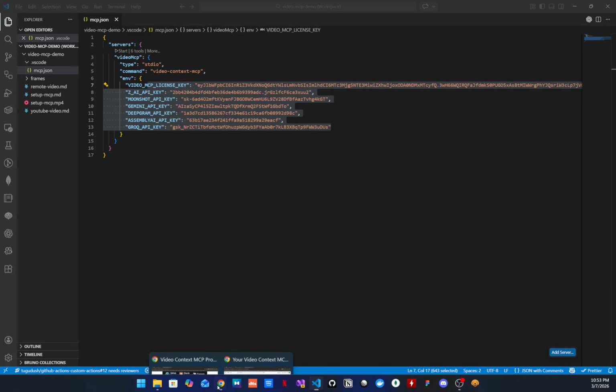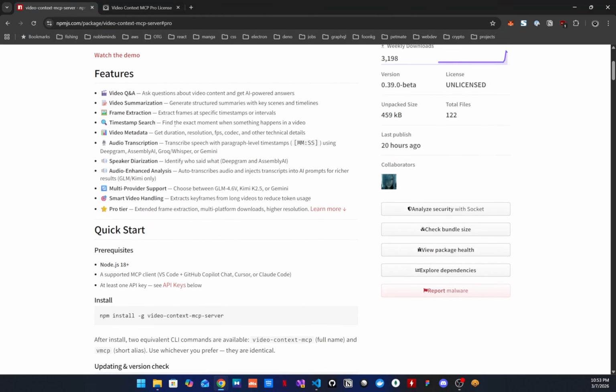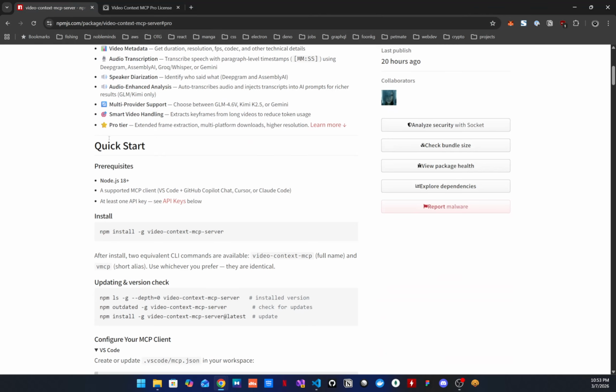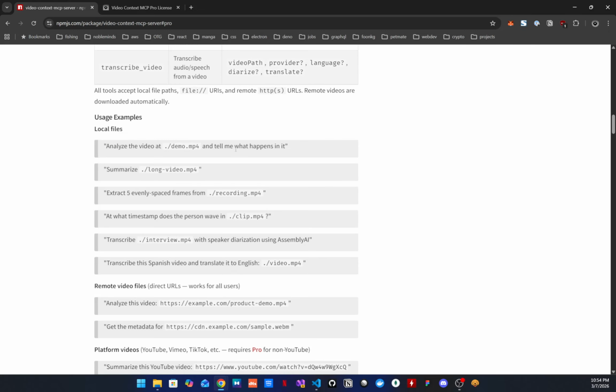So, what are actually the benefits of having a Pro license or a Pro tier? The benefit is this one, extended frame extraction. If the MCP will use the summarize video tool, for free users, it will be capped to 50 frames, and for Pro users, the default is 100.